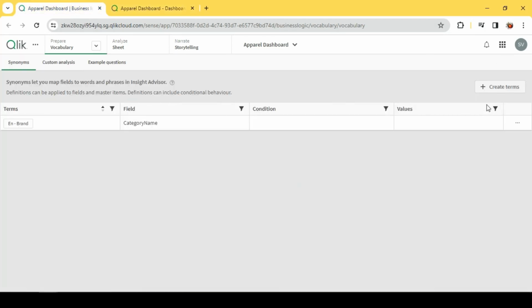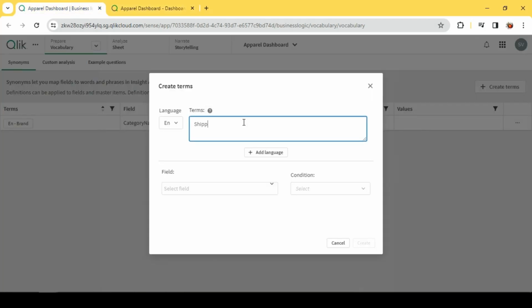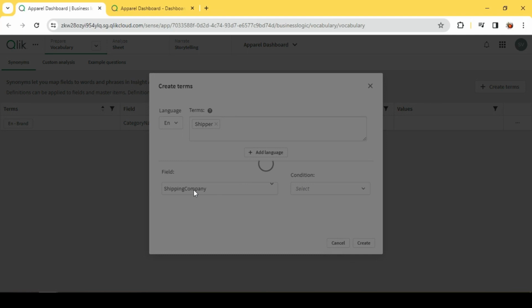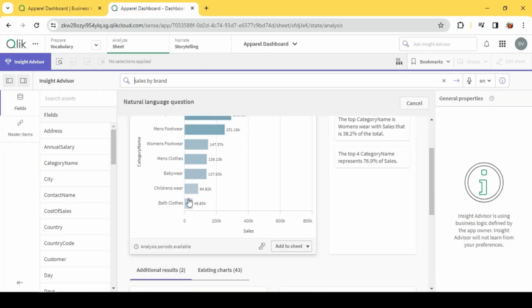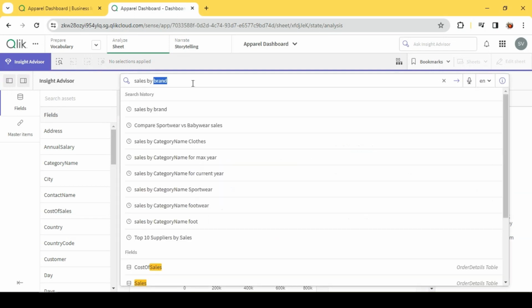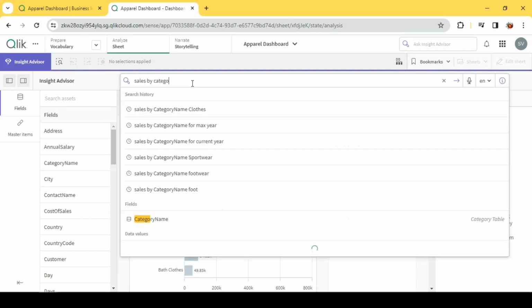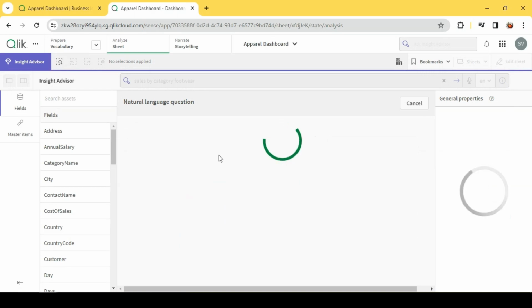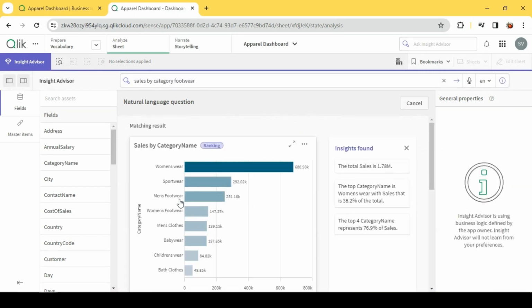Okay, so similarly we can define, let's say, shipper for my shipping company, and so on. Now we see different categories, right? Let's say footwear, women's footwear, men's footwear. Now if I ask sales by category footwear, it is not able to recognize it. But instead, if I ask for a specific value, let's say baby wear,